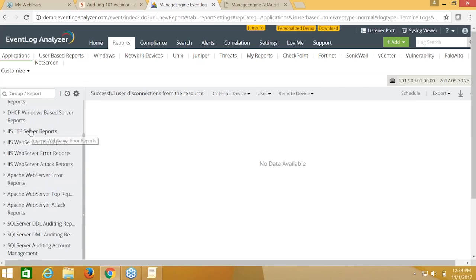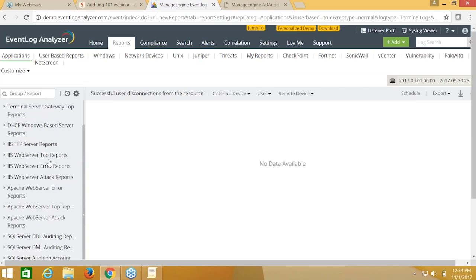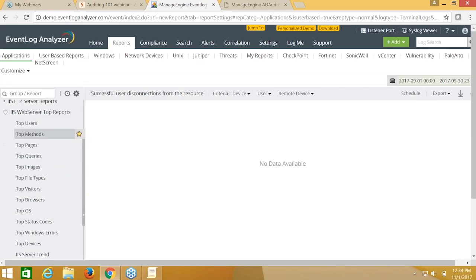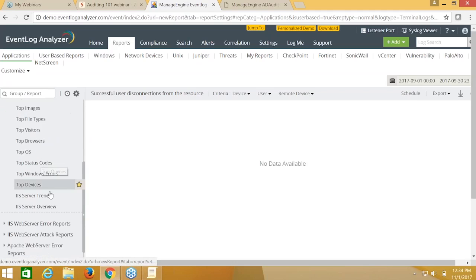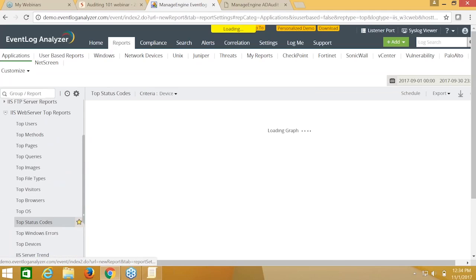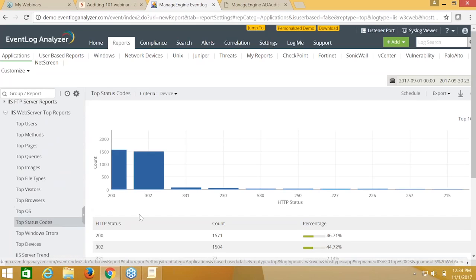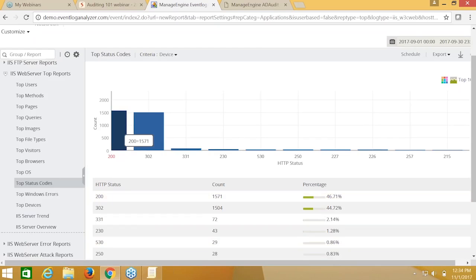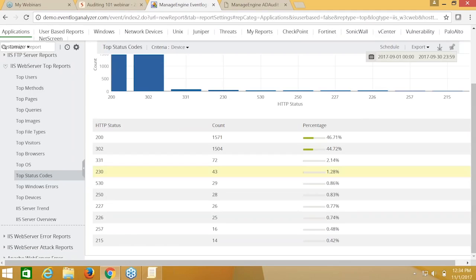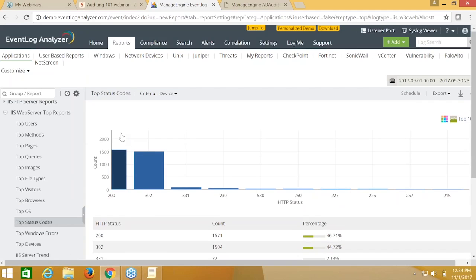So if I take my web server to start off with, we've got a set of reports here called the IIS web server top reports, and under that, maybe I say the top status codes on the web server. You can get this information instantly about your IIS web server or Apache web server, and quickly have a look at the different status codes being thrown up on the web server, and you can match this to the ideal usage that you would normally see in your organization, and quickly detect if there's any deviation from a baseline.